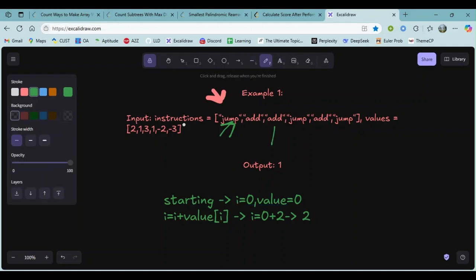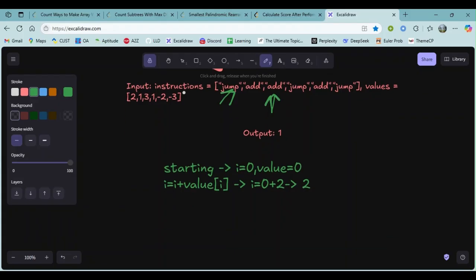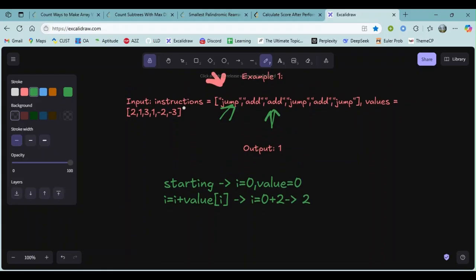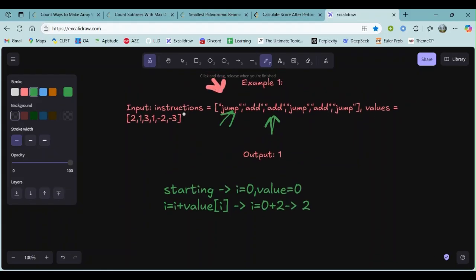So I will reach the second index, that is add. I will just add the value, that is 3, to my score and go to the next iteration.